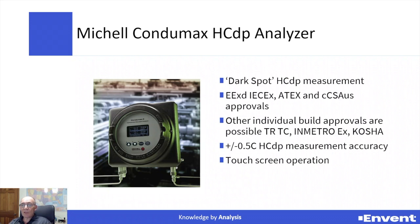So this is what an analyzer would look like from Michell. It's called the Condumax 2 actually. There was a Condumax 1. The Condumax 1 used the same measurement principle with the concave mirror, acid etched mirror,